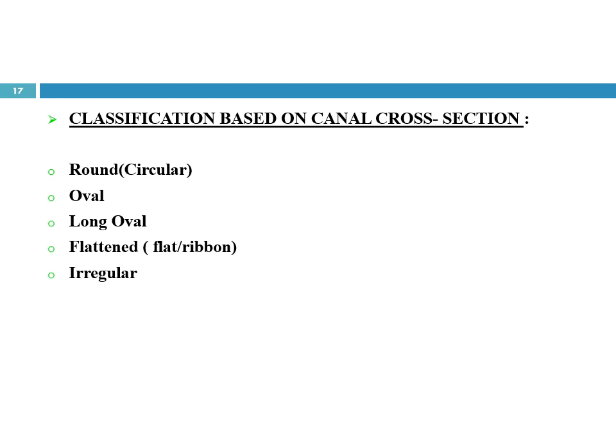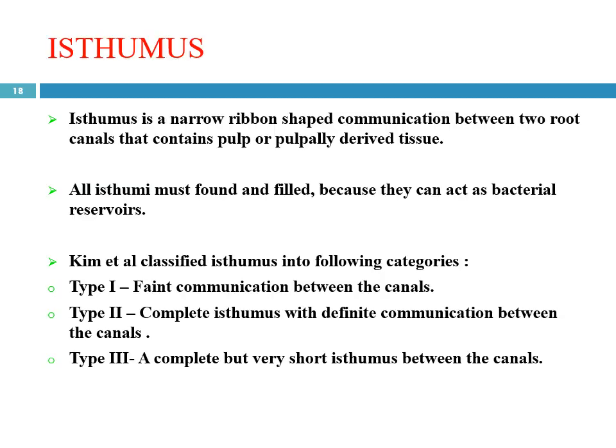Now, based on the cross section, you can classify the canals as round or circular, oval, long oval, flattened, which is ribbon-shaped canals, or irregular. Now moving on to isthmus. Isthmus is nothing but a narrow ribbon-shaped communication between the canals that is going to consist of pulp or pulpally derived tissue. So all the isthmus must be found and they must be completely obturated because